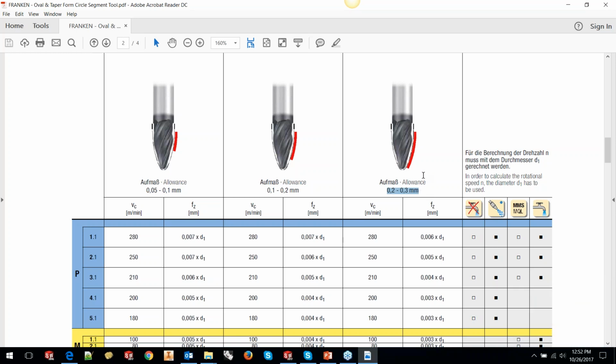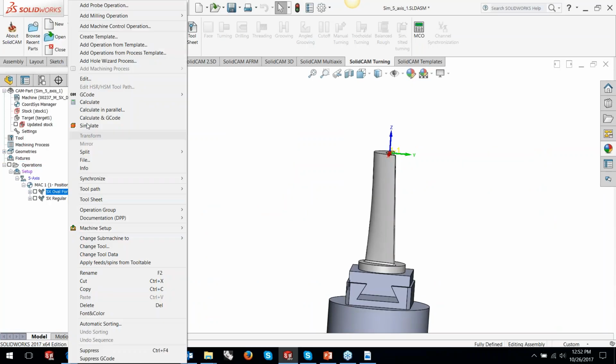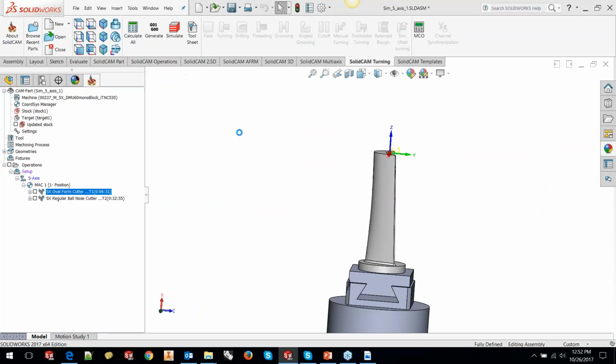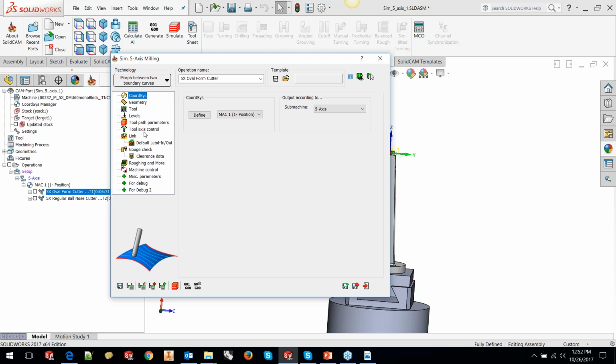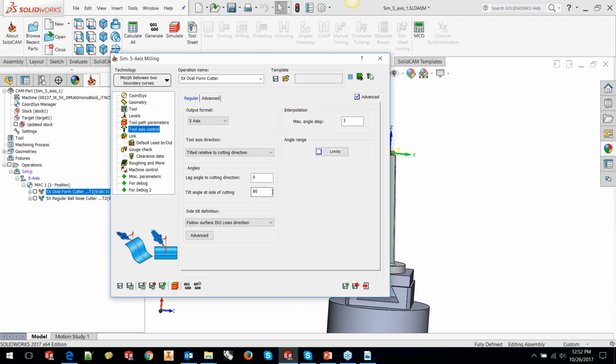Okay, so you need to keep these things in mind when you're using the oval form tool, not to give it more than 0.2 to 0.3 allowance to remove material. And the most important, the tilt. What I've done here is I have used a tilt of 80 degrees, so about 10 degrees away from the surface I've used to get the flank to cut the entire